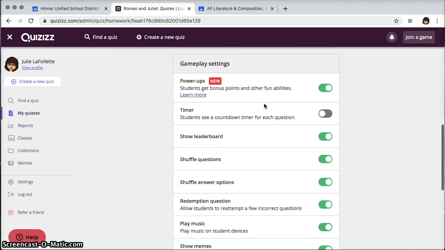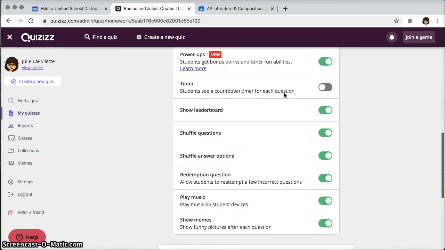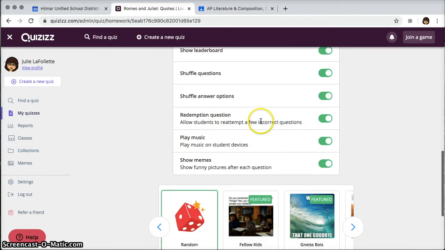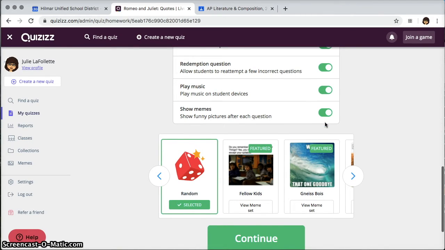There's also a few other gameplay settings. You can give students bonus points, which is something some students find motivating. You can set a timer. You can show a leaderboard to show which kids are performing better than others. You can shuffle your questions and your answer options. You can give them a few freebies, like a lifeline sort of thing, a redemption question, which lets them have a few attempts for certain incorrect questions. You could also let them play music, and you could also show memes or funny pictures after each